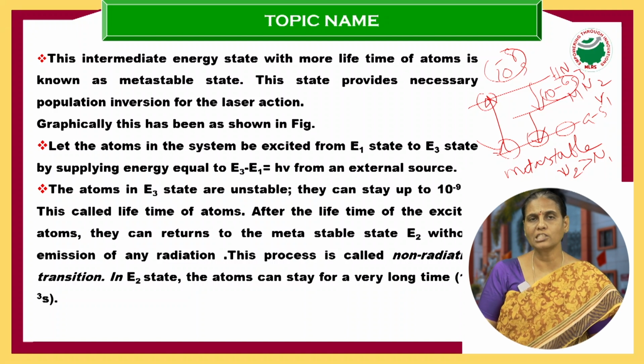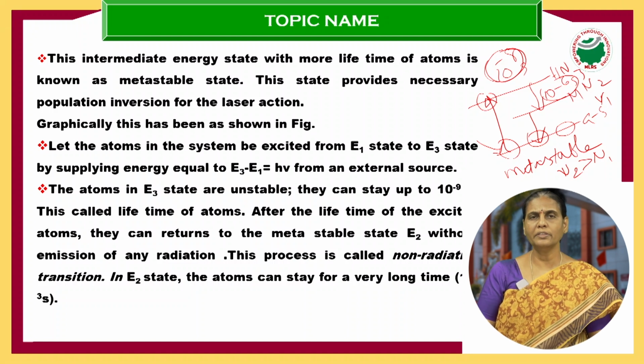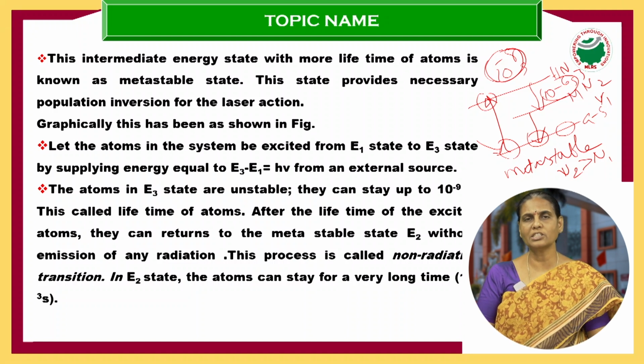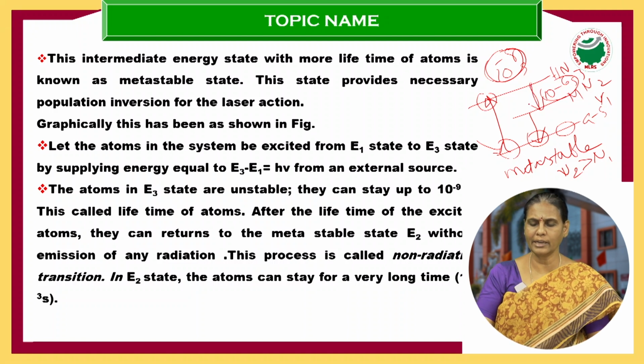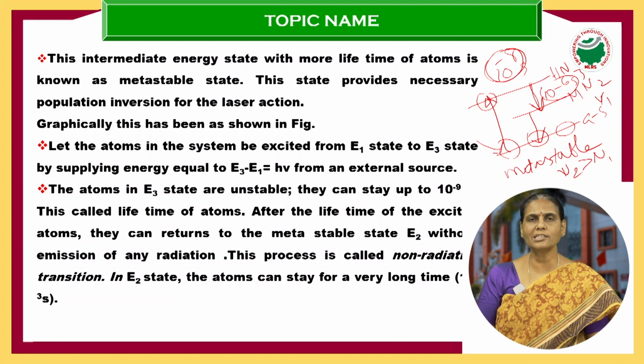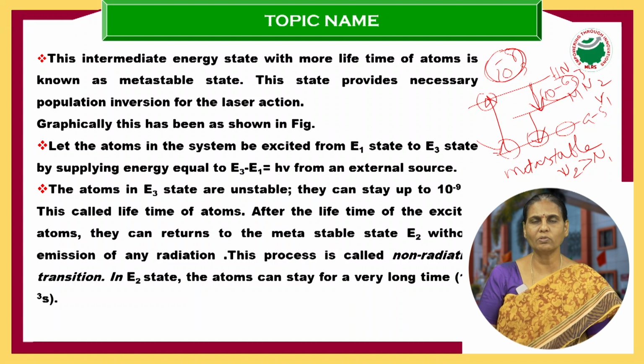We have given energy. They have jumped to the higher energy state. In the higher energy state, they have to undergo spontaneous emission, so they will stay for 10^-8 seconds. Once that time is completed, they automatically get de-excited to the next energy state. As it is a 3 energy level system, the next energy state is the middle state,